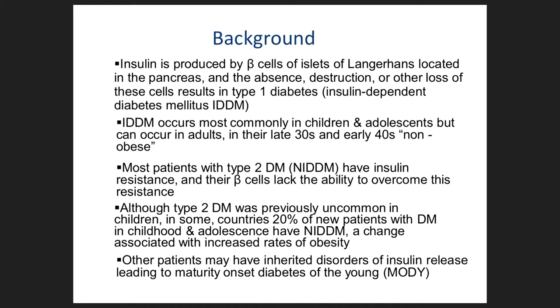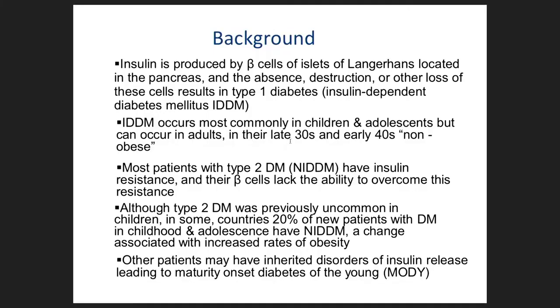So not only children with diabetes have type 1; adults can have type 1, provided they are thin. Thin, not obese. Obesity is associated with type 2, but when somebody is thin, type 1 can still happen in adulthood, up to the late 30s and sometimes early 40s. But the most important thing, as you can see, is non-obese adults.